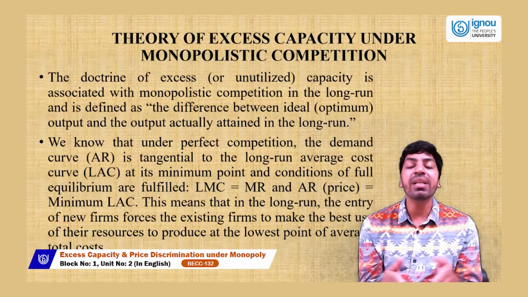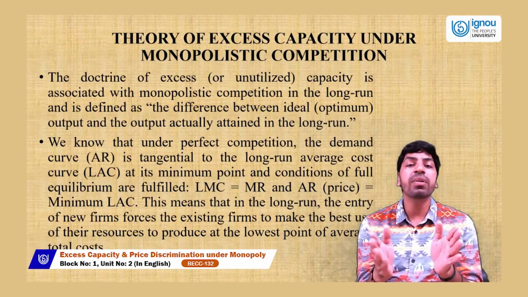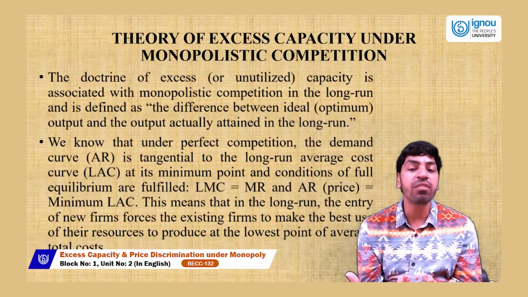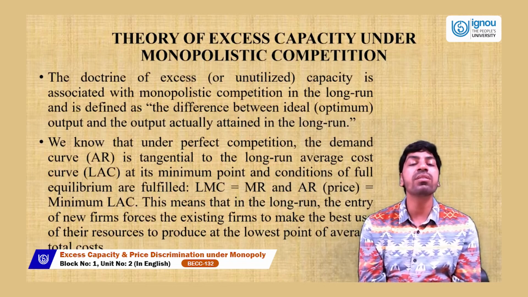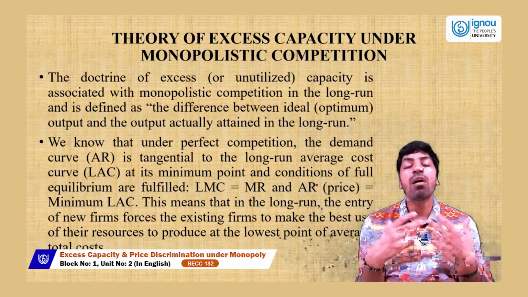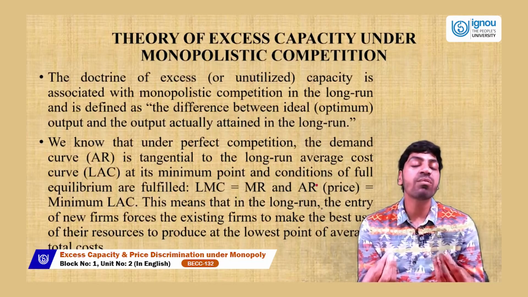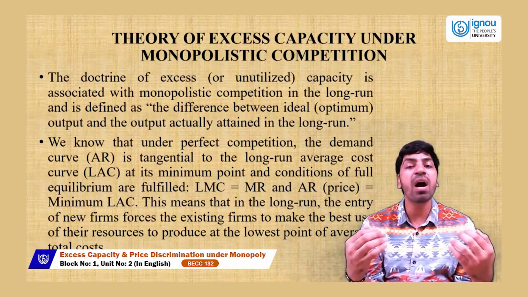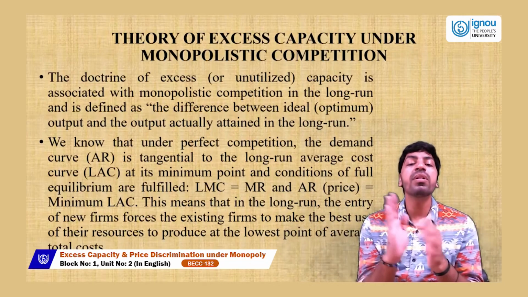When these two conditions, where full equilibrium could be achieved, are fulfilled, then in the long run the entry of new firms will always force all those existing firms already involved in that monopolistic market